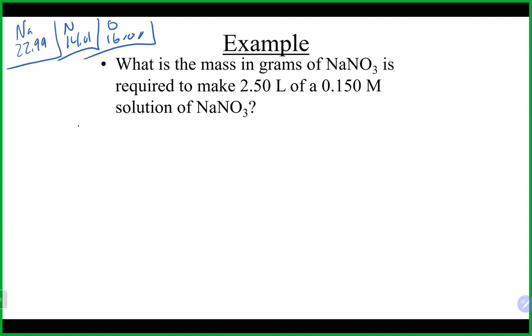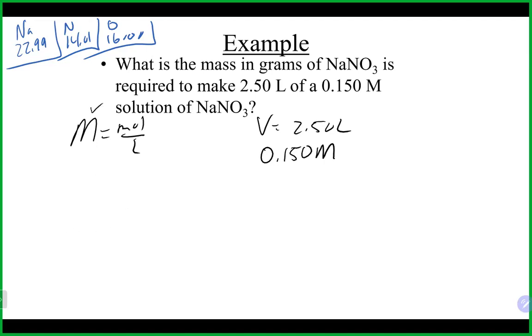So clearly we're doing something with molarity, which is moles per liter. We are given a volume of 2.5 liters. We are given the molarity here, 0.15 molar. So we definitely have molarity given to us. We do have volume. So moles would make sense. We are looking for the grams of sodium nitrate. And that also makes sense because once we have the moles, again, we can use our molar mass here to go from moles to grams, again,